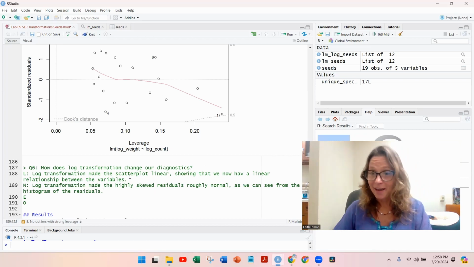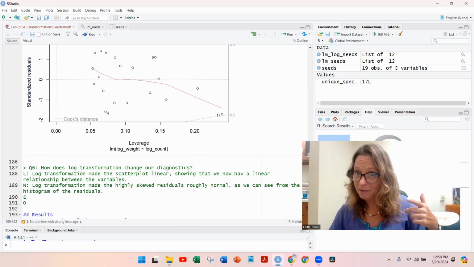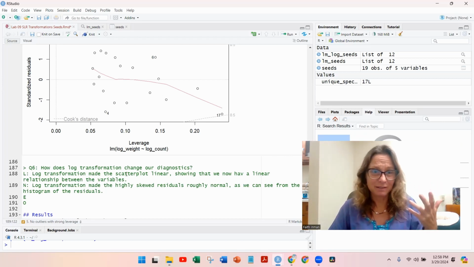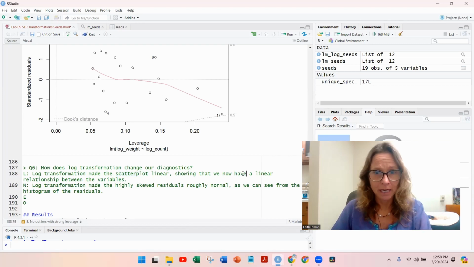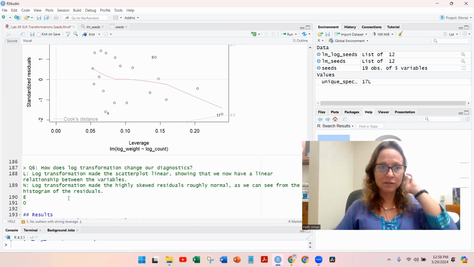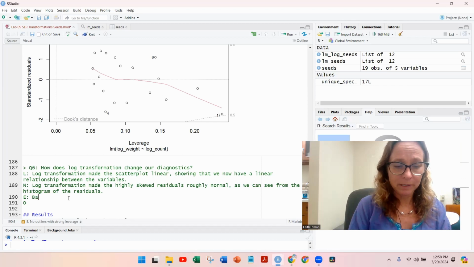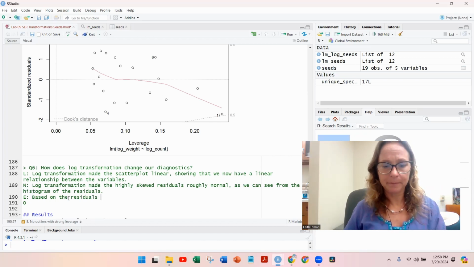Right, so I'm going to say what we found and where we found it. So we looked at the scatter plot. Okay, it was linear. So we now have a linear relationship between the variables. Log transformation made the highly skewed residuals roughly normal. And how did we find that out? We looked at the histogram of the residuals, right? And then equality of variances. So we looked at, say based on the residuals versus